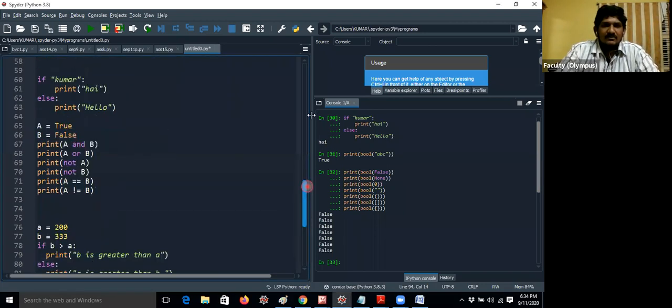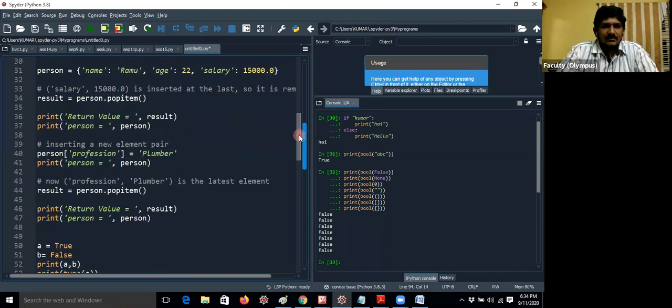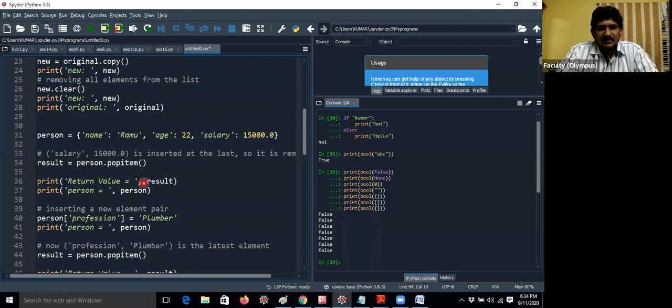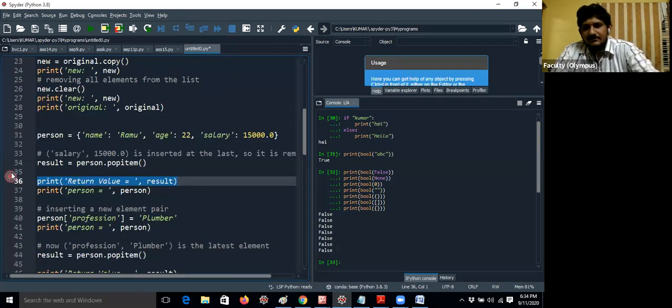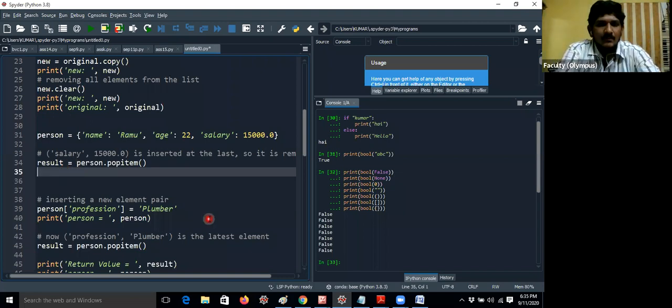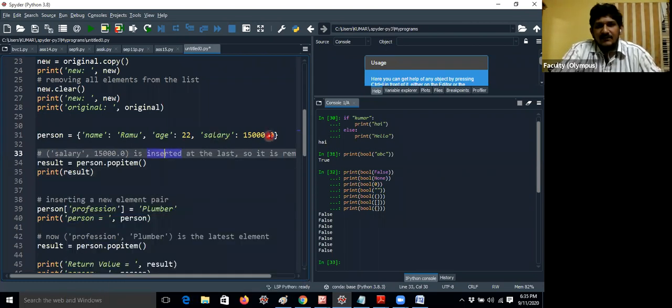I think we have completed this earlier, but here I'm giving a simple example, so let me explain. I'm just printing the result. Here we have salary 15,000.